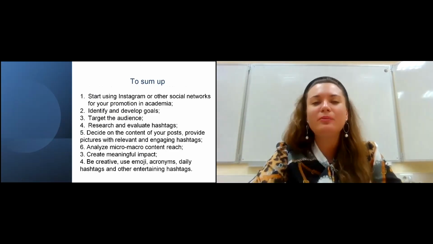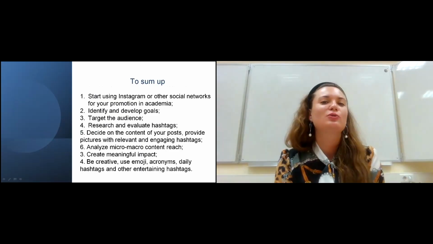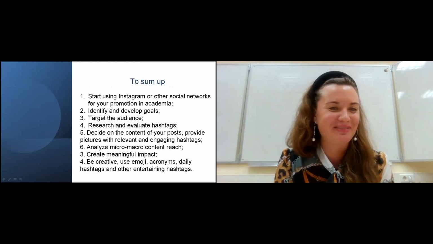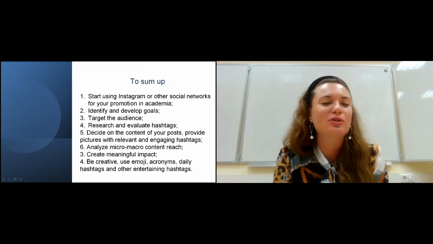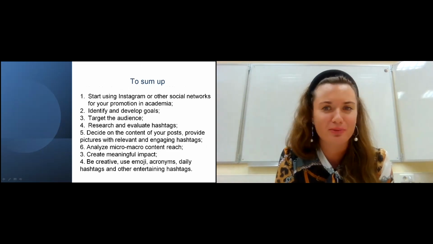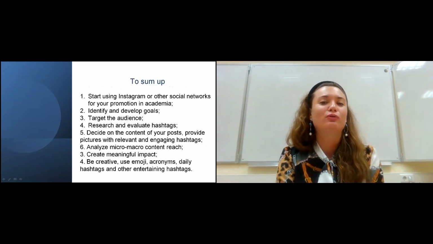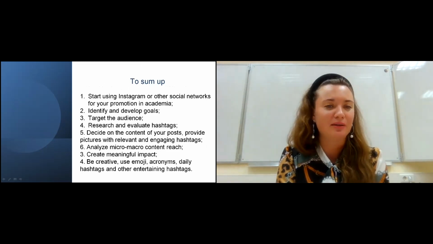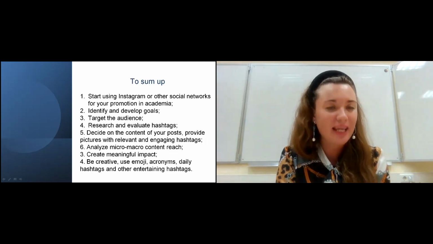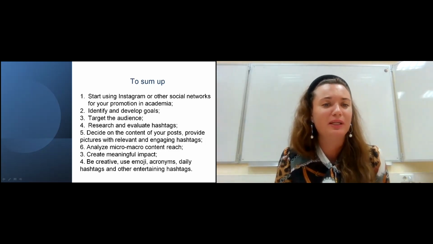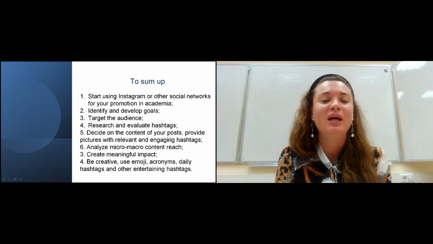And to sum up some tips, start using Instagram if you haven't used it, or maybe not Instagram, any other social platform you feel comfortable with, for your promotion in academia. And remember, it's not just your academic life, but the engagement and your personal life should be incorporated into this.